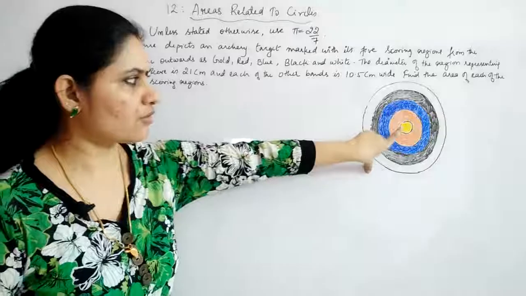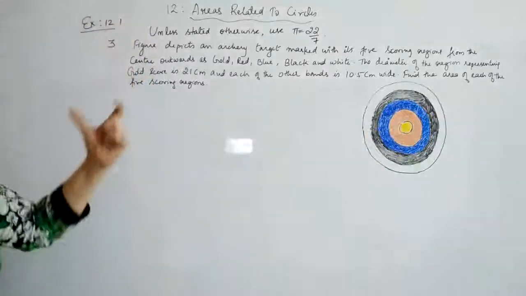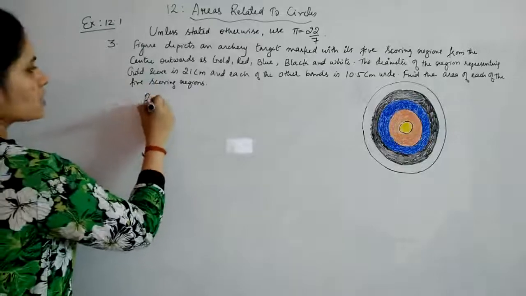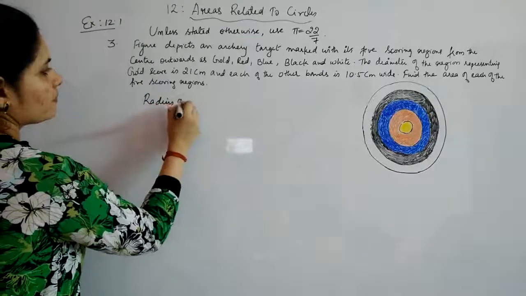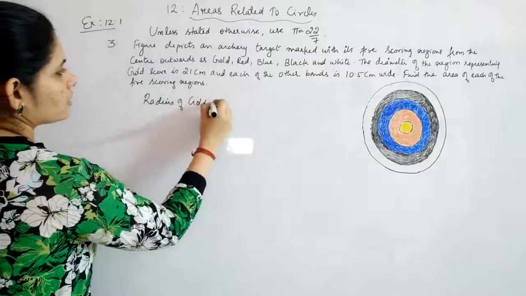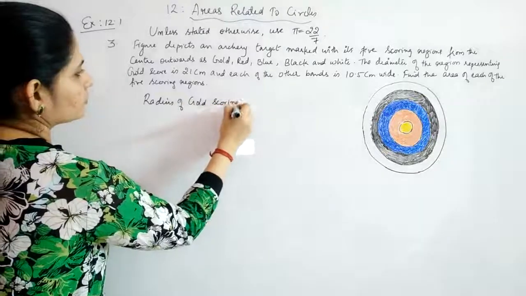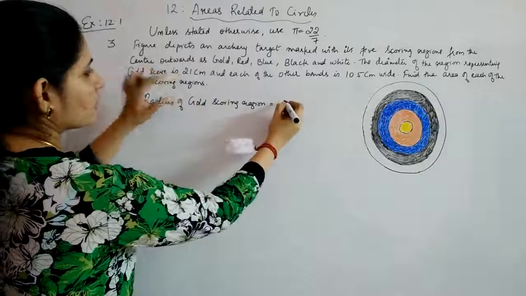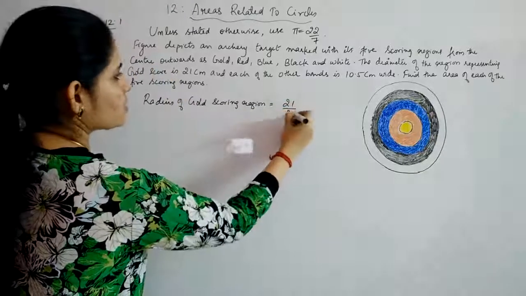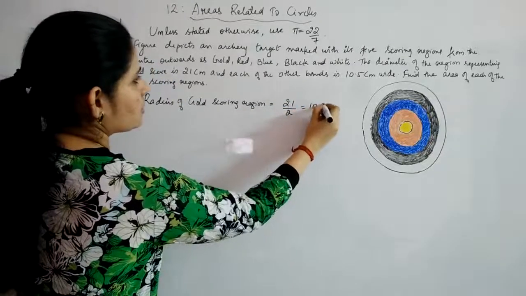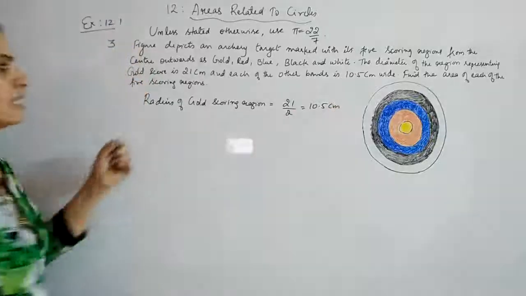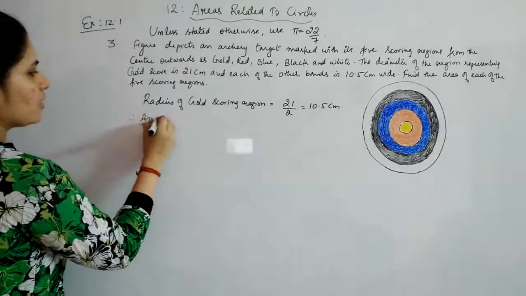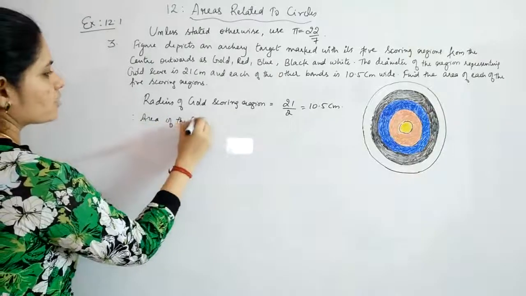So first we will go for the gold region, which has a diameter of 21 centimeters. Okay, so first we will find out the radius of the gold scoring region, which will be diameter by 2, which is 21 by 2, or you can say 10.5 centimeters. So this is the radius of the gold region. Now we'll find out the area of the gold scoring region,